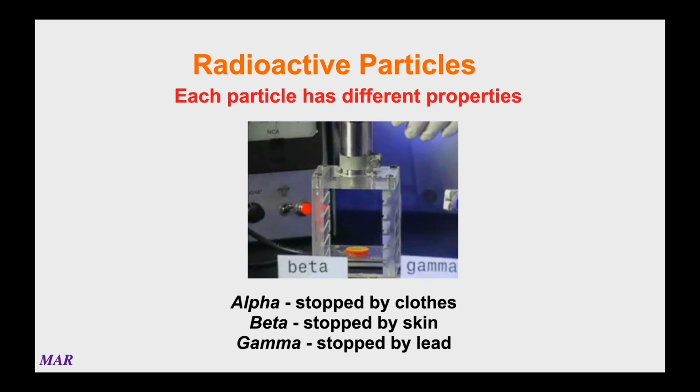So you can stop alpha and beta radiation pretty well. Alpha radiation generally is stopped by your clothes, and beta radiation needs something a little bit better, but it's usually stopped by skin, all right? Gamma, on the other hand, is much more difficult to stop. They saw there how the beta radiation was stopped pretty well with lead. Gamma, though, it took a little extra to kick that down.